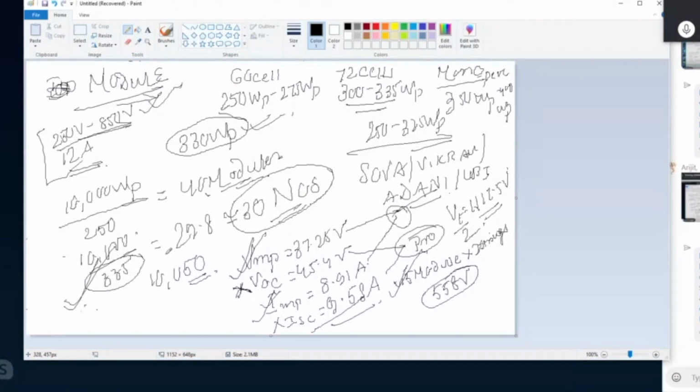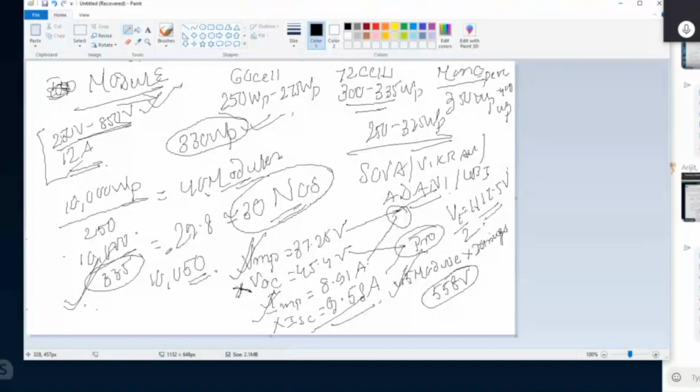Okay. Now, as we discussed yesterday, except module, inverter and battery, and as it's an on-grid system, battery is not required. So except module and inverter, everything comes under BOS, that is balance of system. Right? So now we are going to design the balance of system